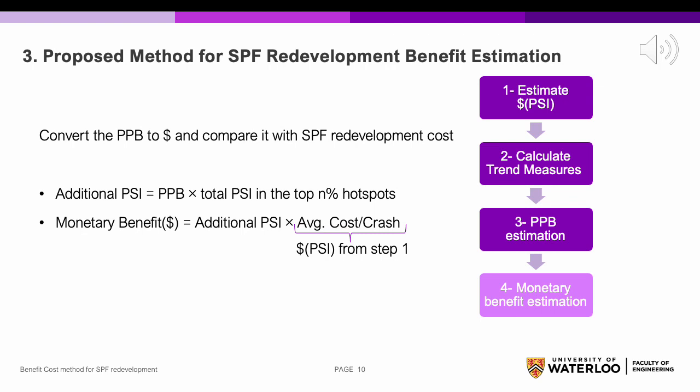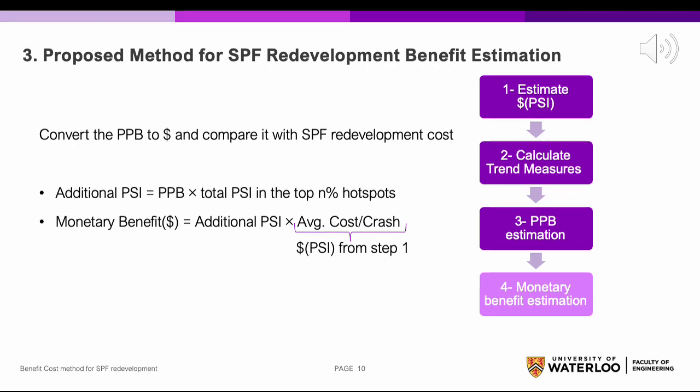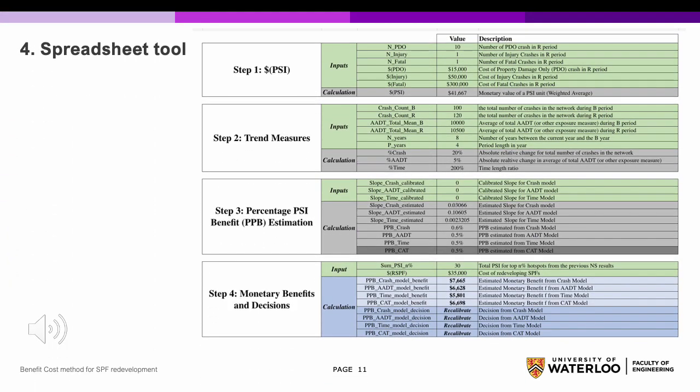Now, if the estimated benefit is larger than the cost of redeveloping SPFs, it is recommended to redevelop a new set of SPFs based on the most recent data. To make the use of the proposed method easier, we also developed a simple spreadsheet tool that can be used to enter the required inputs in each step and easily get the intermediate and final results in terms of benefit estimations and decision on